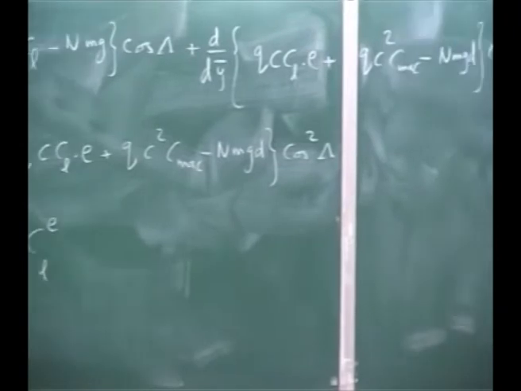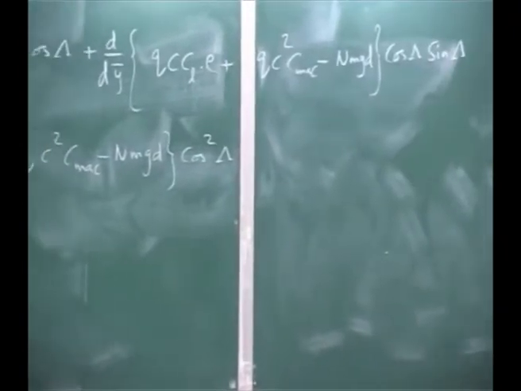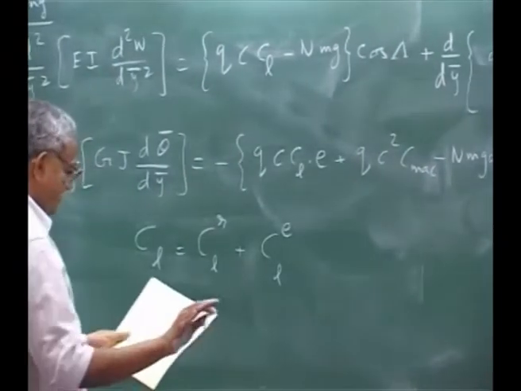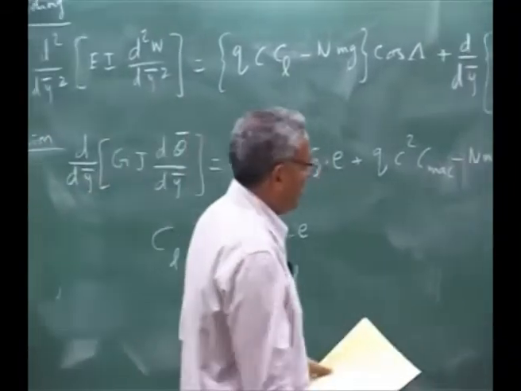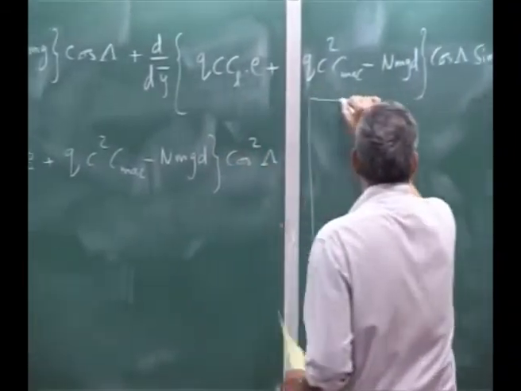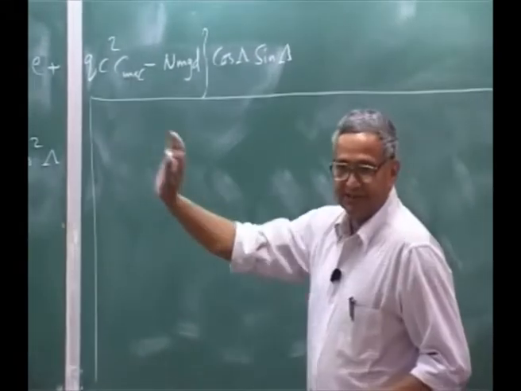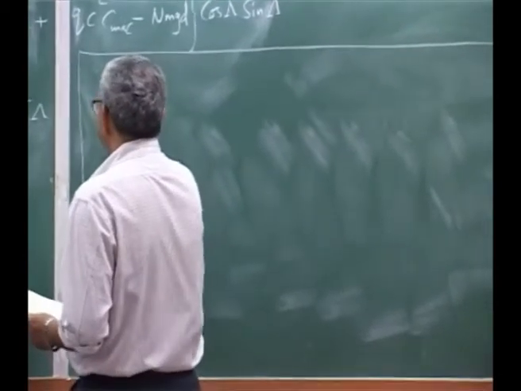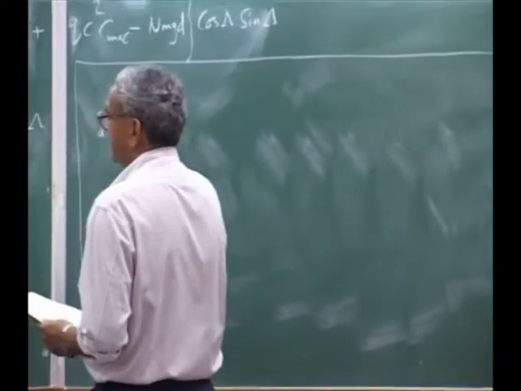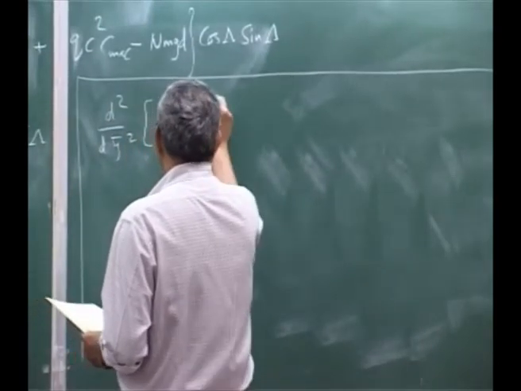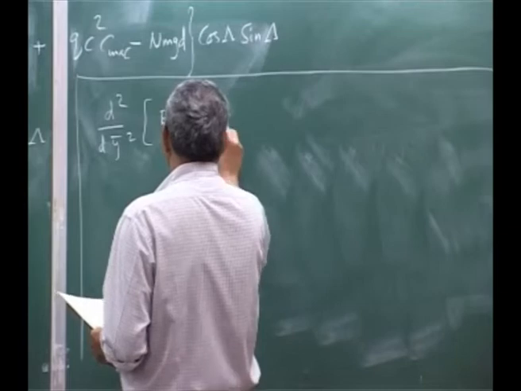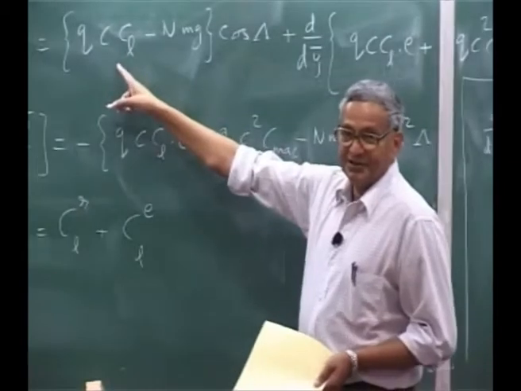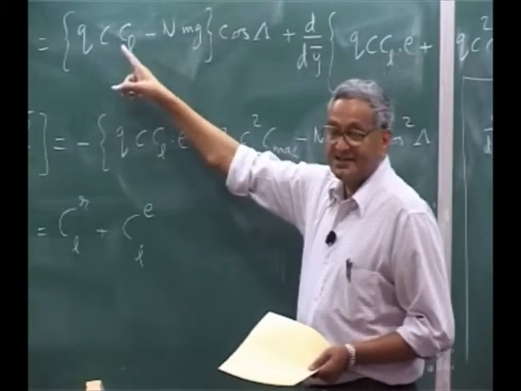What we can do is, we will write that part because that is fairly simple. Only thing is I will put it in a very simplified form so that this exercise is just algebra. So you will have d square by d y bar square into EI, square. Okay. And here you will get one term with the Q C CL